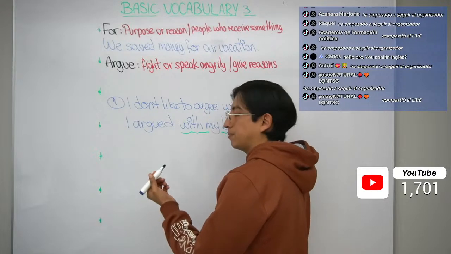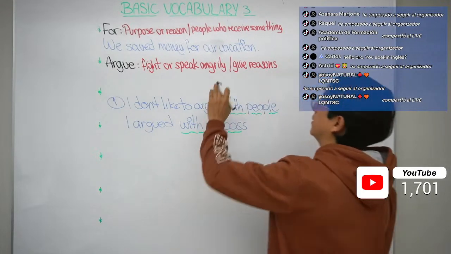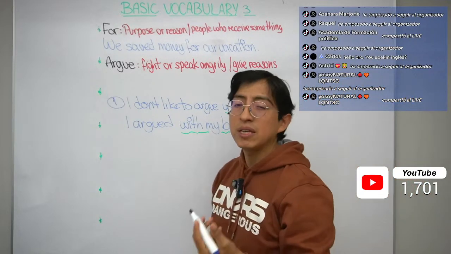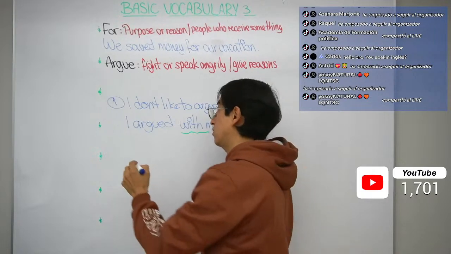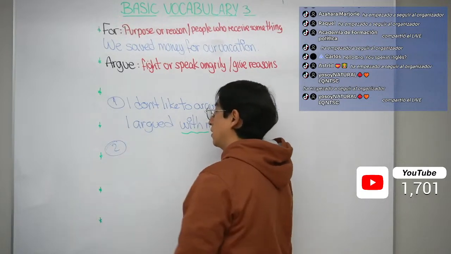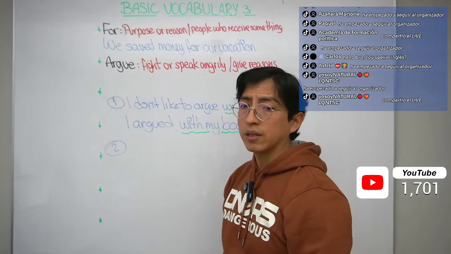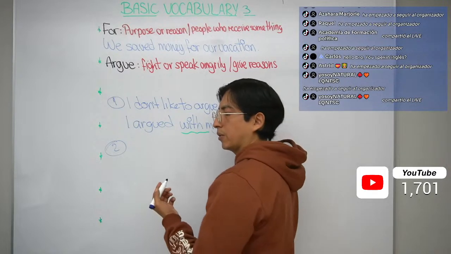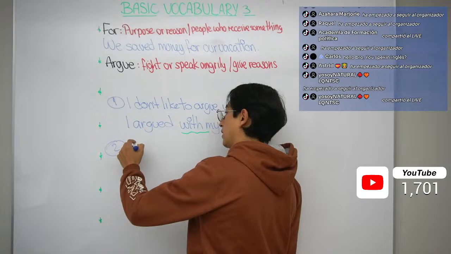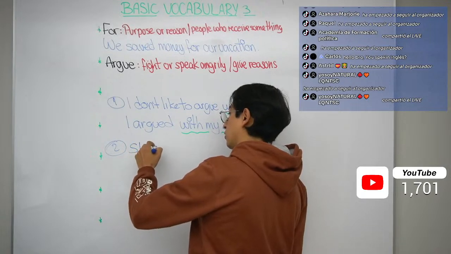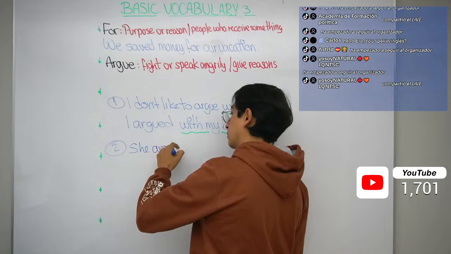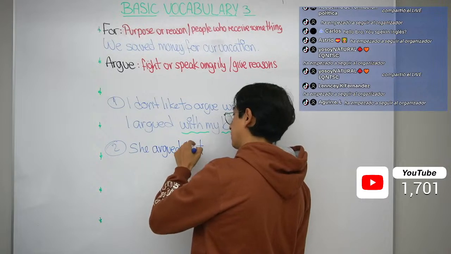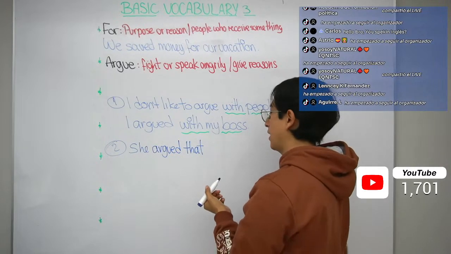Now we have a second meaning here: give reasons. This is an intermediate meaning. Not all students use this a lot, but it's a very important meaning too. So in this case, for example, we can say, she argued, simple past, that. We should argue that